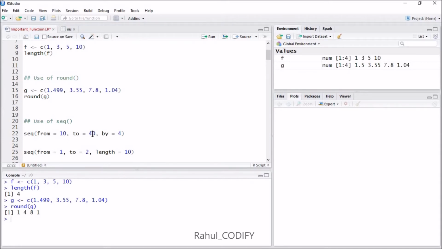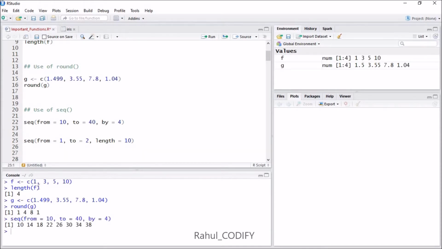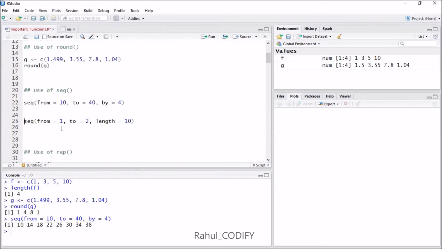Just press Control Enter. It will generate 10, 14, 18, 22, 26. It will generate at an interval of 4 with values from 10 to 40. You can also generate values within a particular range, say 10 to 20, 20 to 50, and